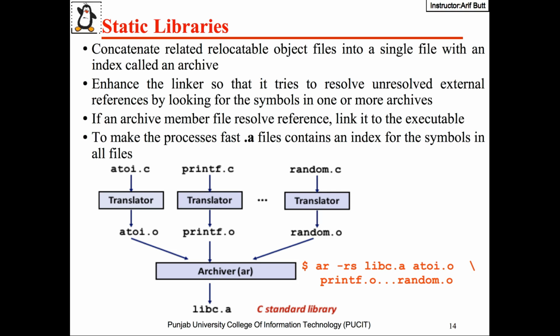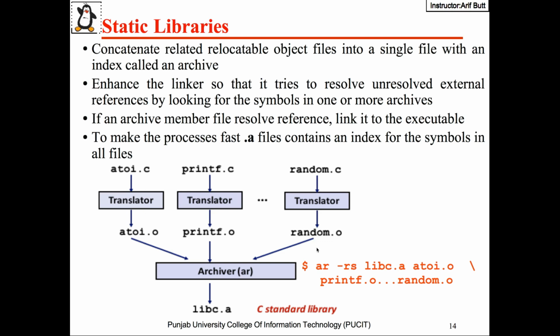Well, this slide shows how the static version of the standard C library is created. What we do is we define all the functions in appropriate .c files. For example, atoi.c contains the code for ASCII to integer. Printf.c file contains the code for printing characters on the screen. Random.c again contains the code for random number generation. We compile these files to the appropriate .o files,